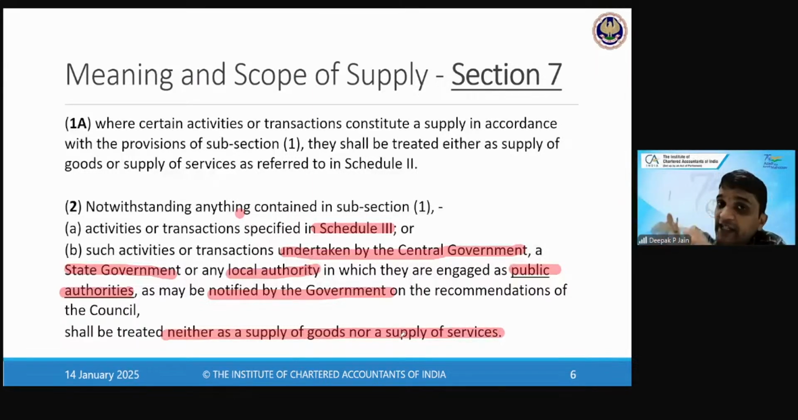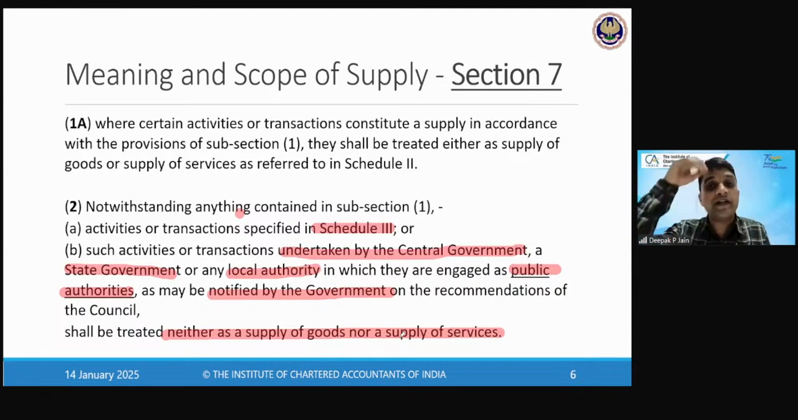तो इसीलिए शेड्यूल 3 के आइटम्स में जो भी है उसको आप ना तो सप्लाई ऑफ गुड्स बोलेंगे ना तो सप्लाई ऑफ सर्विस। सिमिलरली गवर्नमेंट के सर्विसेज जो सेंट्रल गवर्नमेंट, स्टेट गवर्नमेंट, लोकल अथॉरिटी करती है, इन विच दे आर एंगेज्ड एज पब्लिक अथॉरिटीज, और उसे नोटिफाई करना चाहिए कि ये एक्टिविटीज है जो गवर्नमेंट की सर्विसेज हैं उसके ऊपर टैक्स नहीं लगेगा।